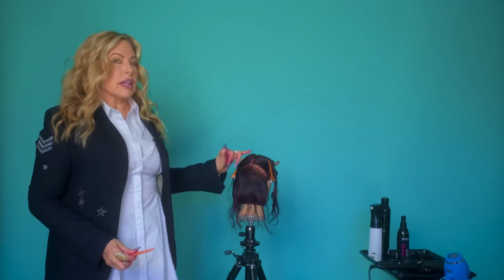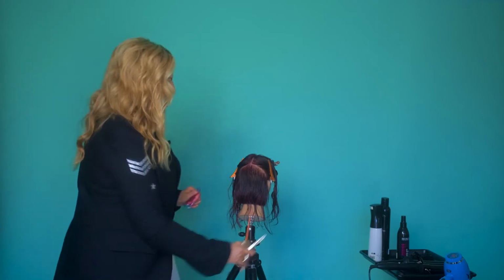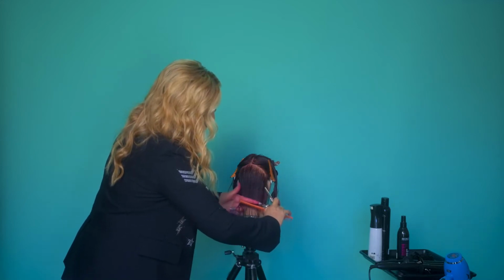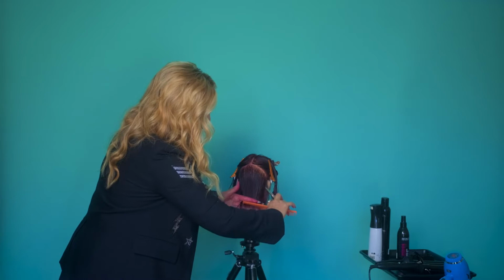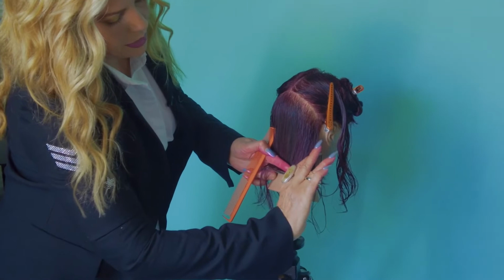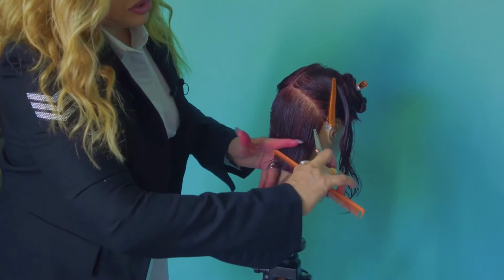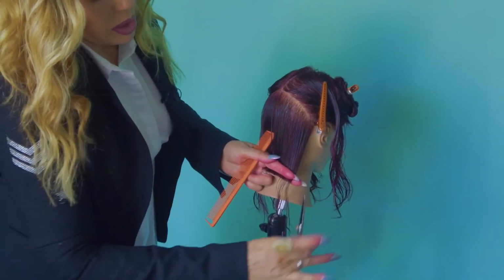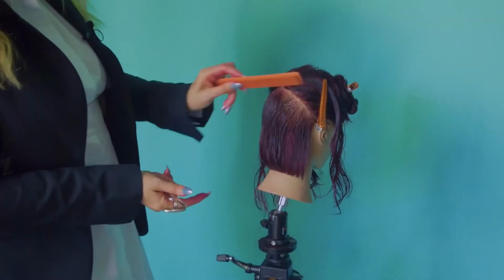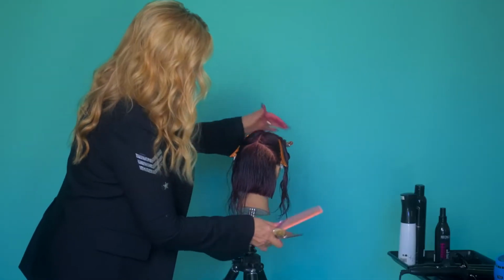So we're cutting straight lines on a round object. I do pie-shaped partings in this particular haircut, and I am now going into the second section, and we are going to bring that hair right to the previous hair that I just blew dry. And what happens is when you bring hair all to one spot and cut it off, I want to discuss what that creates, because it's important when you start off in your haircut, what is your plan and